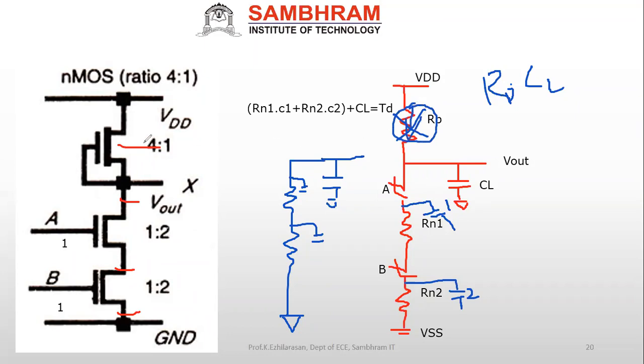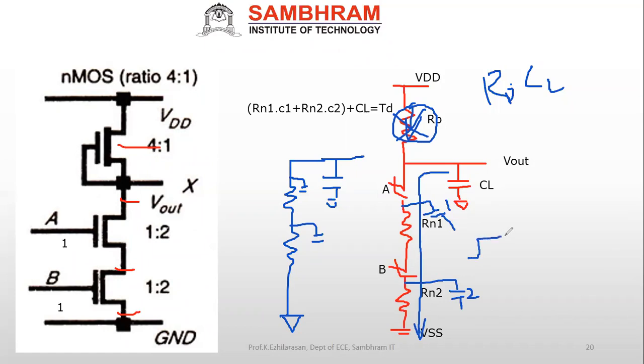So now what happened here, when both are 1, there is a direct path. You have to think there will be a CL over there. This will get discharged, correct? So when both A and B are equal to 1, it means the transistors are on. The transistors are on, in the sense that there will be a resistance, this resistance. Normally each and every transistor will be denoted like this.